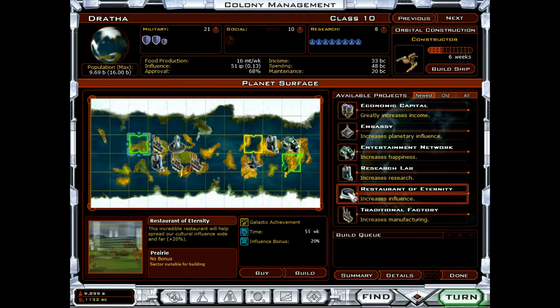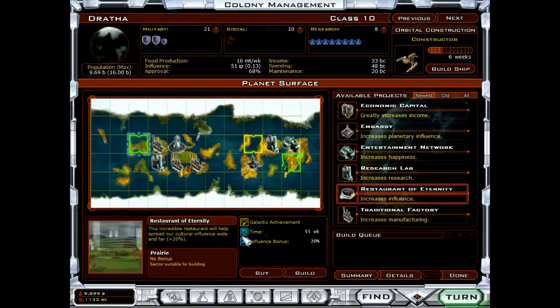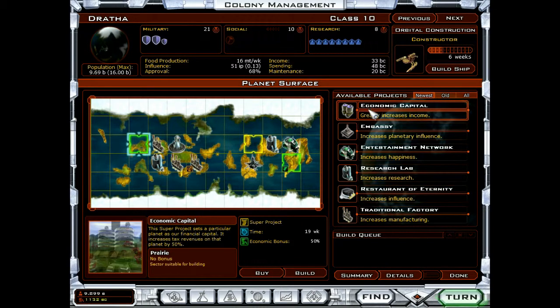Restaurant of Eternity. Incredible restaurant will help spread our cultural influence far and wide. Plus, when it's a galactic achievement, only we would be able to do it if we actually built it. Not sure that would be the greatest thing. It would take us 55 weeks. Of course, I don't know what else we'd be building here. What if I wanted to buy it outright? It's way too expensive for that. So this would take us 19 weeks, give us an economic bonus of... What if I...